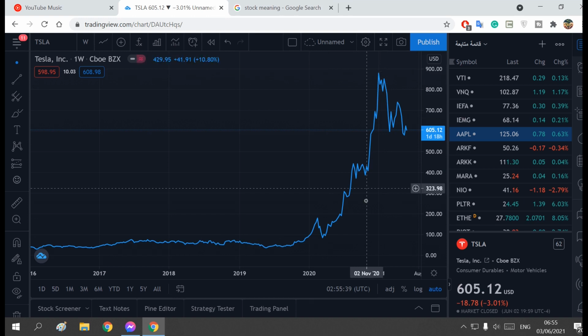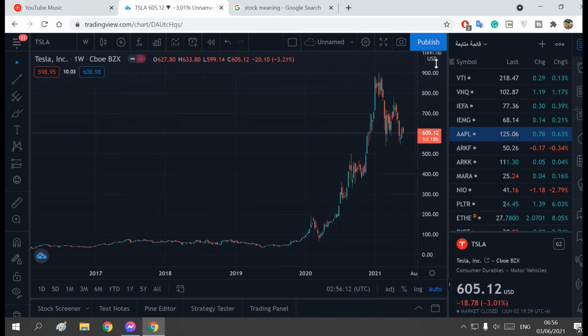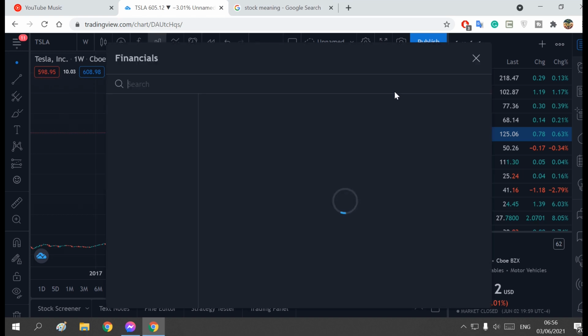Like, wow. Imagine if you bought this one last year in March or February, you would gain a lot of money. And that's why a lot of people are trying to enter Tesla now. It's actually a very good opportunity to invest in Tesla. The price of this stock is quite high, it's 600 now, but you can check. Let me see. It reaches $900 on the 25th of January. So this was the top of this stock,